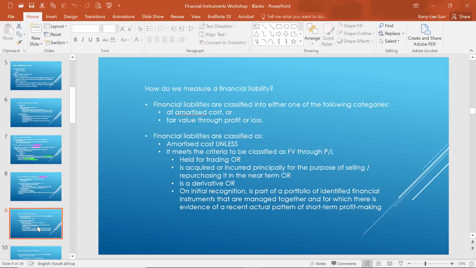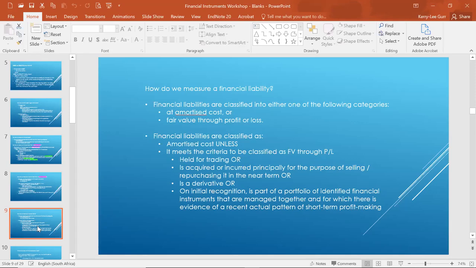So it's held for trading. So if there's trading, we expect there's going to be a fair value. That means it's on the JSE. There's going to be listed share prices on a daily basis. So it's held for trading. Therefore, fair value through profit or loss is seen to be a more reliable measurement model, because remember, what type of information do we want to provide in our financial statements? Always must be relevant, reliable, and have some form of faithful representation. So if it's held for trading and we're able to get a fair value, then we use fair value through